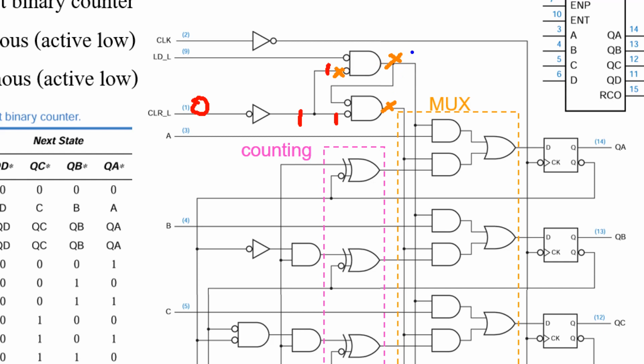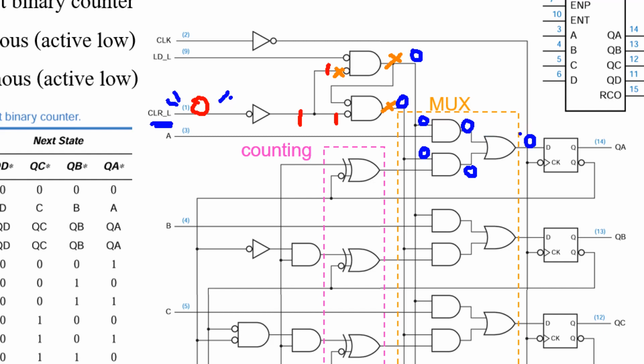So the input then becomes 0 because it's not active. This one also not active, so the value of this signal is 0. Then this input is 0, the output of this AND gate is also 0. And for this 0, the output is 0. All together, the output of this OR gate is 0. That means when you apply 0 at clear,